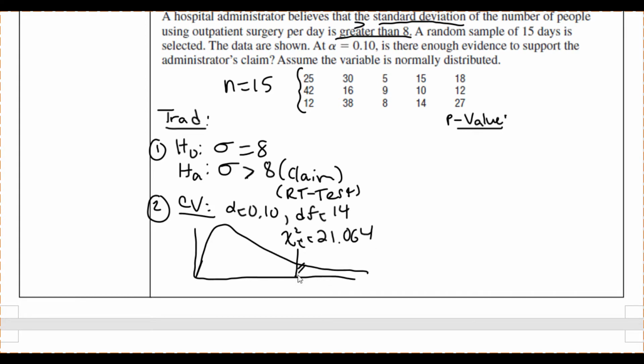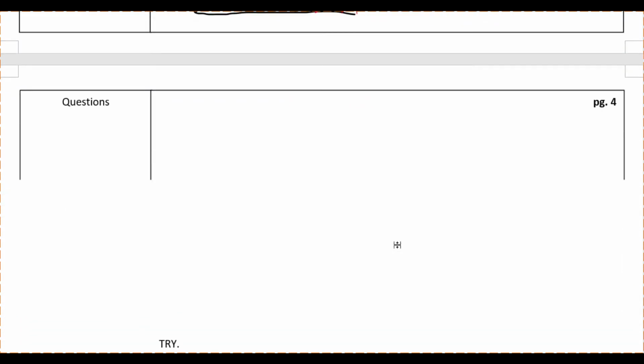And this area to the right, we'll shade that in red because that'll be our rejection region, is 0.10. So that's our alpha. All right, so now we got our critical value. Next up is our test value. In order to find the test value, we're going to be using the formula. So for step 3,